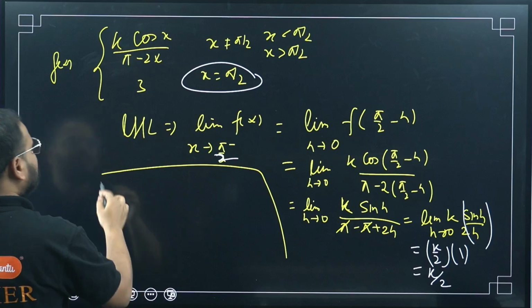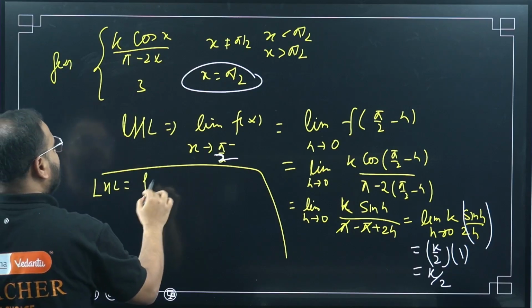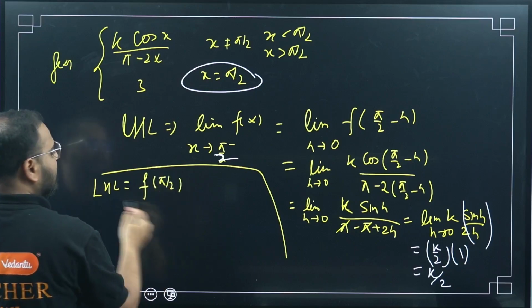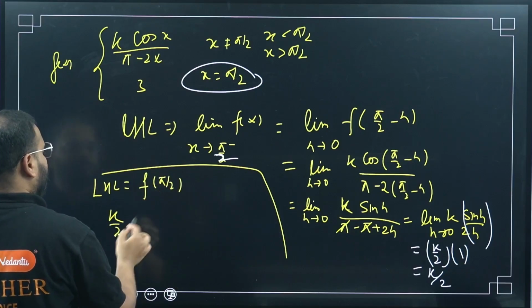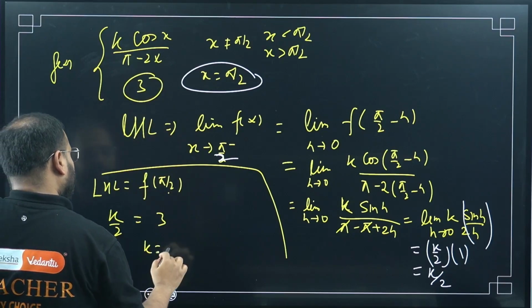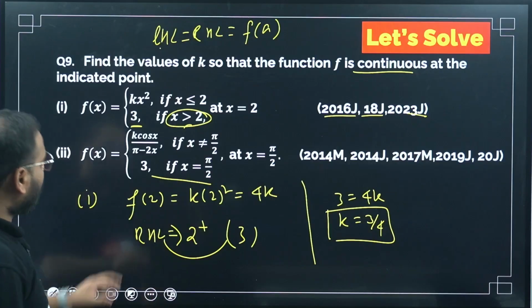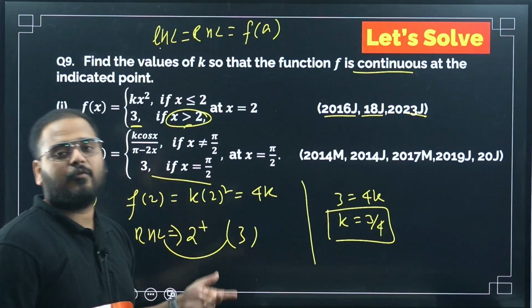Okay. We know that for it to be continuous, my LHL should be equal to what? The function value at pi by 2. What is my LHL? K by 2. What is the function value at pi by 2? 3. Put here 3. What is K value? 6. So if this question is asked, only one part will be asked for a 4 mark or 5 mark